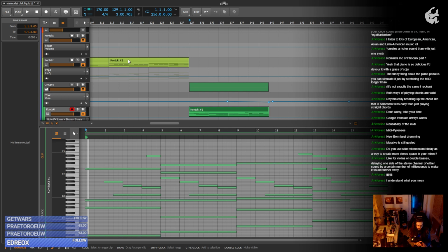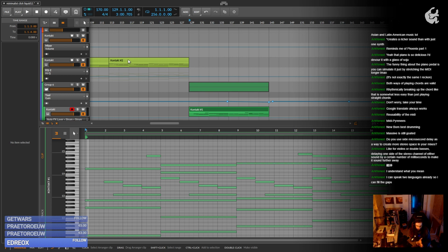But yeah, instead of playing with delays and stuff like that, which could cause some issues depending on the context, especially on your mid channel, like the mono signal, basically the sum of both speakers, if you want to keep something